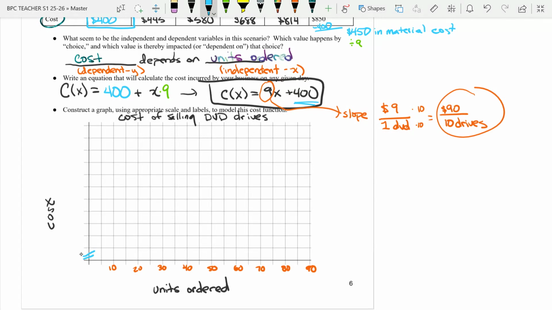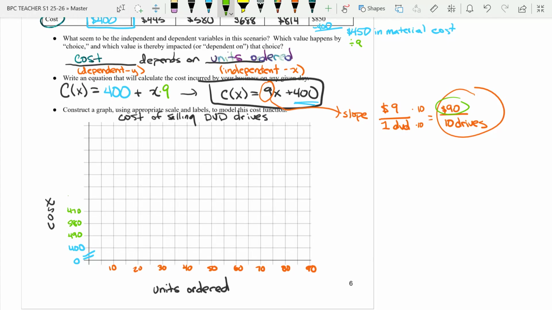If I put a little double line there, this says, hey, there's a break in the graph. 0 was here, we're going to skip up to 400. You can skip for your very first box if and only if you draw that little double line mark showing the skip. That's super important. But if you do that, then after the 400, I can count, I'll do this in green, I can count by 90s. So I had 400, 490,